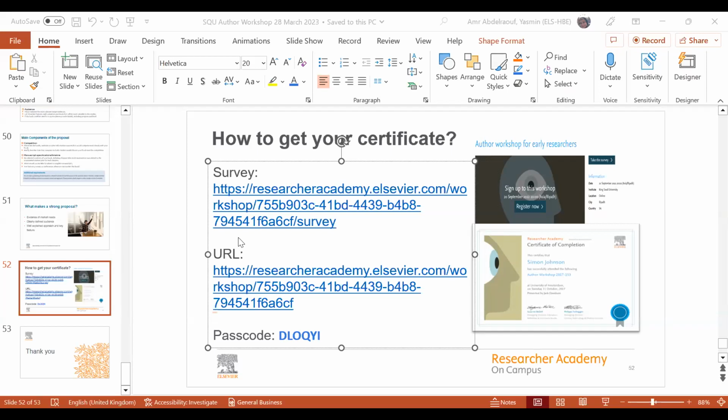How can I have evidence that this is a gap? The main evidence you have is your literature review. Once you have a very robust literature review, you need to include recent publications. And while you are trying to read the recent publications, you can see the gap, and that is the only evidence you have.